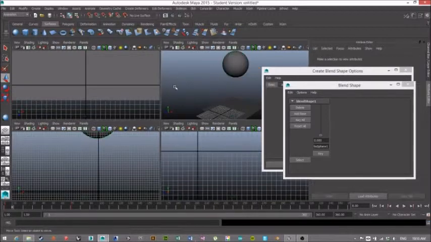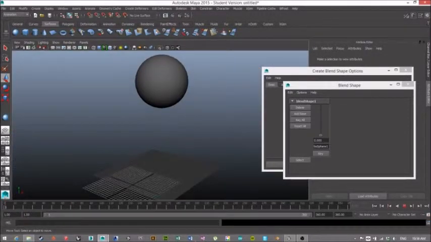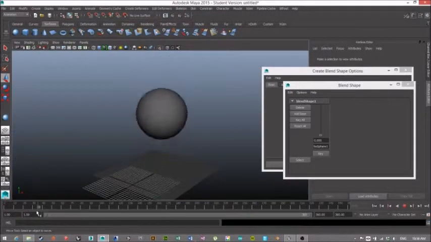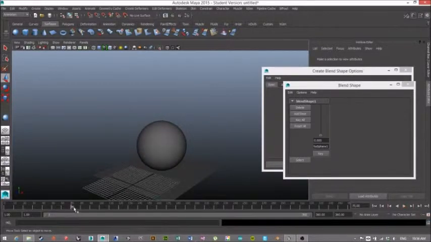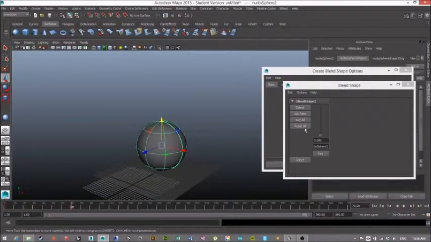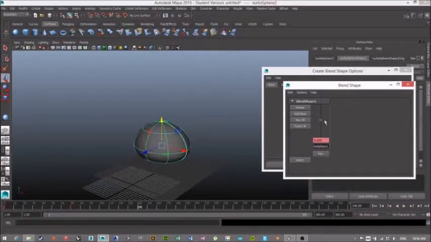Oh, let's be in this view. Ball's moving up and down. At frame 70, it's hitting the surface. What we want to do then is at frame 70, we'll select that. We can go into our blend shape editor and say right under here, key. So it knows at frame 70 it wants to have a blend shape of 0. Key. Great. So now we'll go to frame 140, and at that point